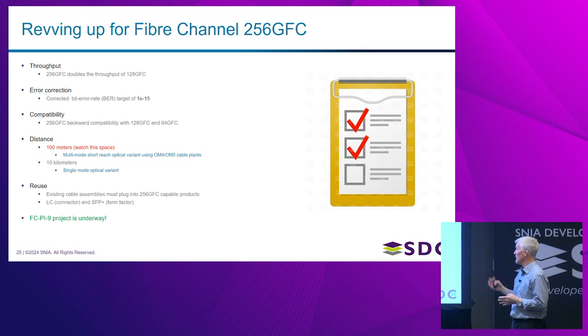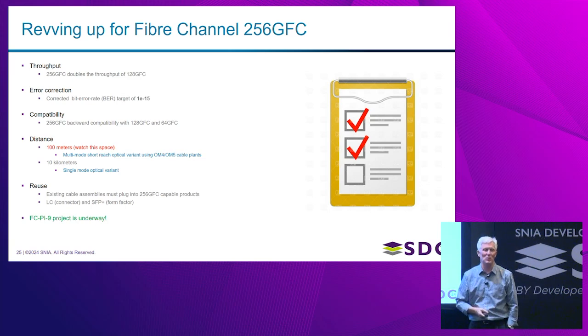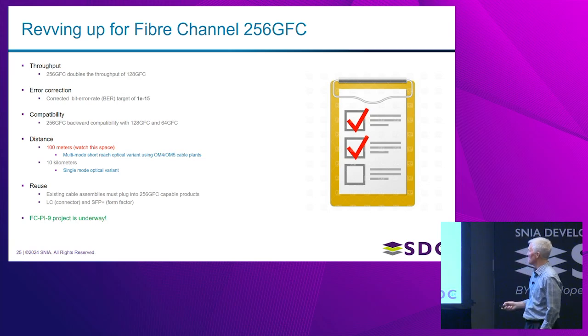There are also other techniques that have been looked at in order to achieve that 100 meter reach, such as BiDi, using both of the two little fibers inside the cable to go in both directions, basically a parallel in both directions. That requires more componentry in the optics, so there's a trade-off there. There's a lot of work going on in that space, and I'm personally optimistic that somebody's going to come up with a solution for our customers.